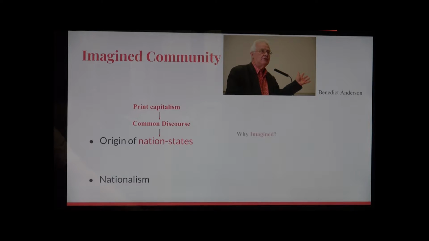Due to the sense of national identity formed around their national print languages, but not any face-to-face communication, Anderson describes this nation as a socially constructed community imagined by people who perceive themselves as a part of that group. The following ideology of nationalism, a feeling that you are a part of some nation, came out of